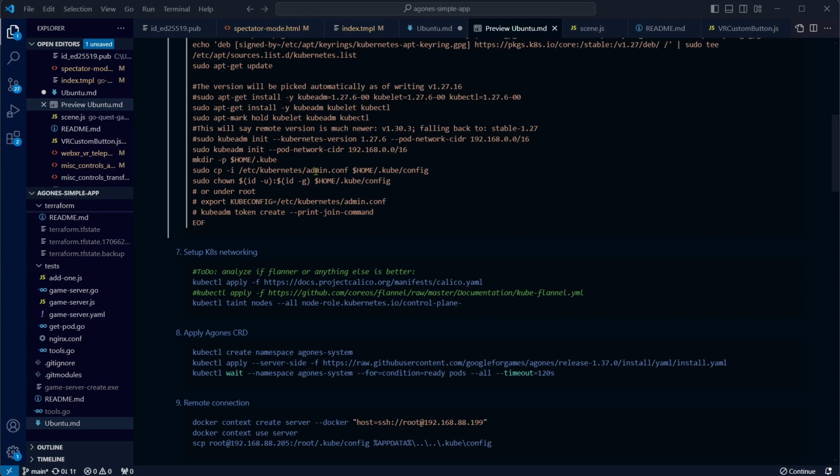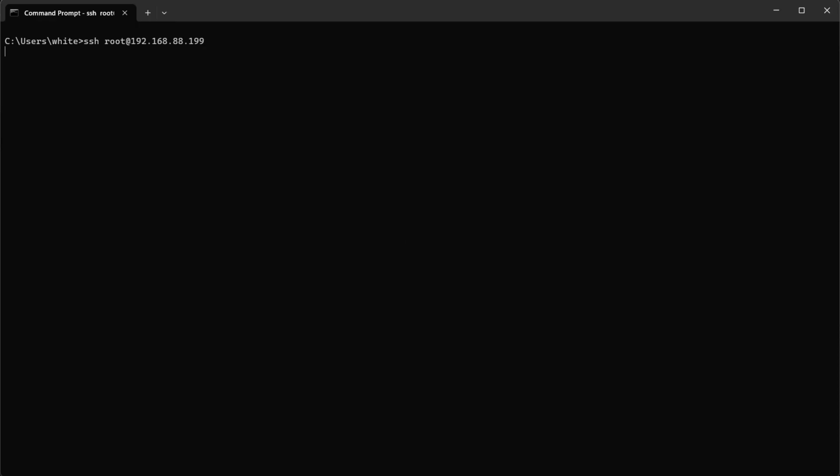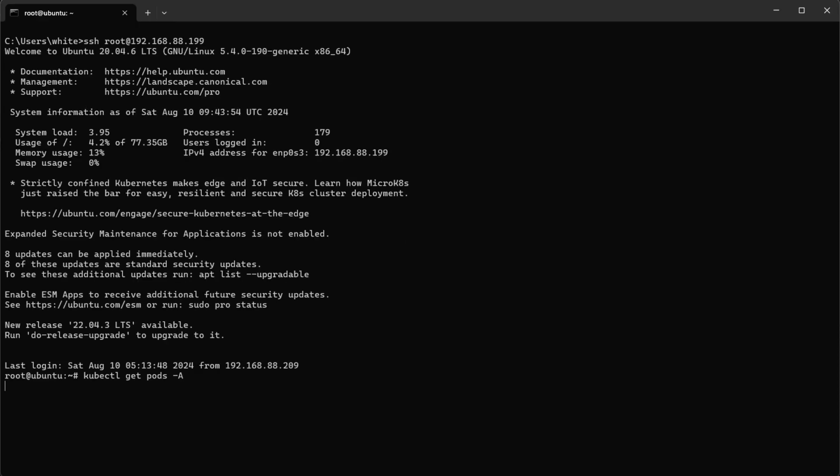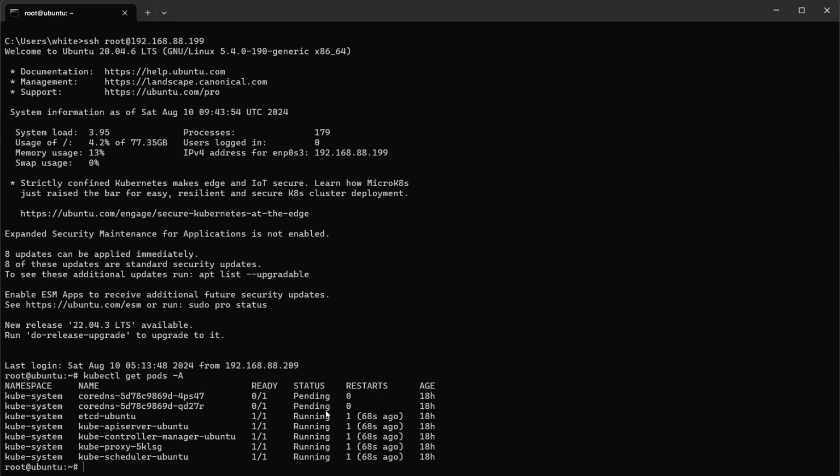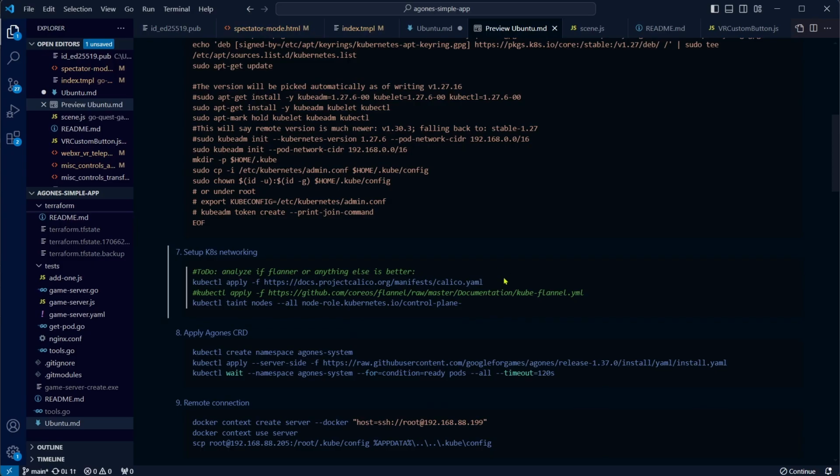After setting up the cluster, what was missing is to set up the CNI, basically the networking for Kubernetes. Let's connect to the virtual machine and I will show all the pods which are running. 2 of them are in pending state. To fix this,